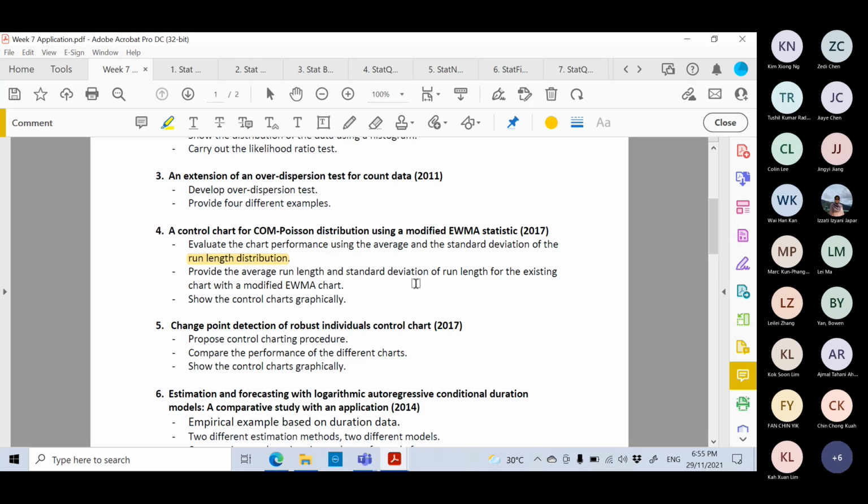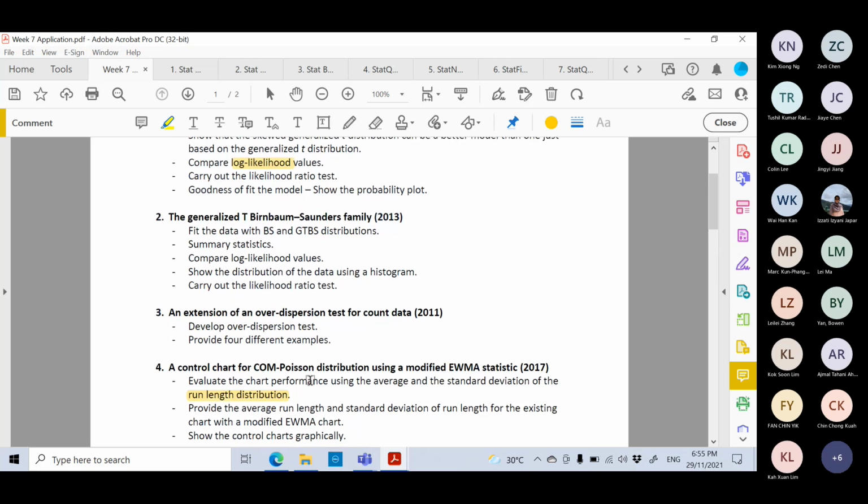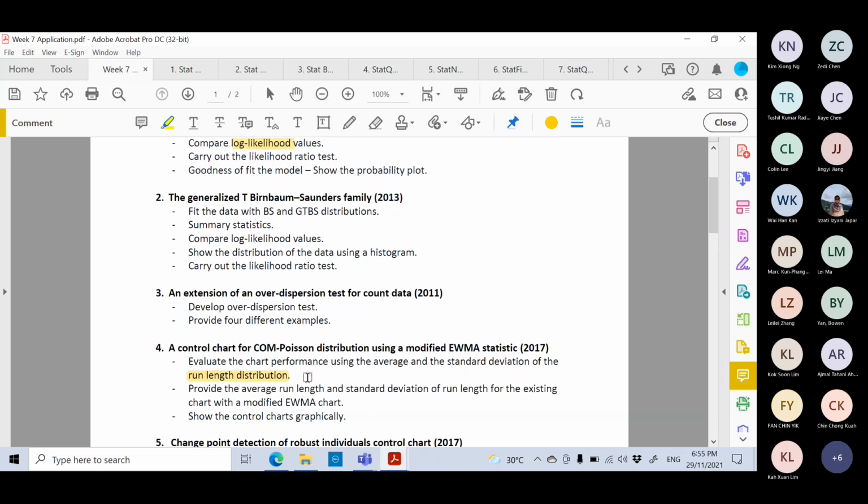Okay, so besides this, when you go through a quality control paper, most of the time they will show you the control charts with their control limits to show you what the data looks like, and then how you are going to view the performance of the control charts. When you are working in different areas, you have different application examples. At the same time, you can also have a different technique to present your application